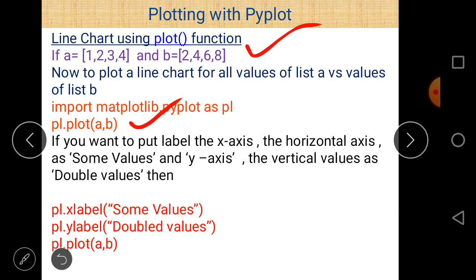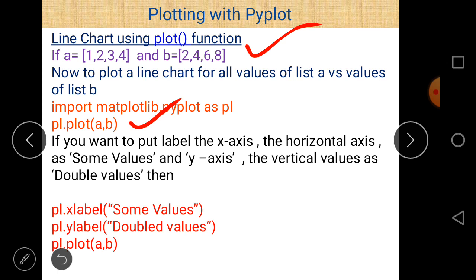After that, if you want to name the x-axis or y-axis, there are functions named xlabel and ylabel. Just write pl.xlabel and then the name of the axis. For example, to give the name some values to the x-axis, write pl.xlabel and within double quotes write some values.